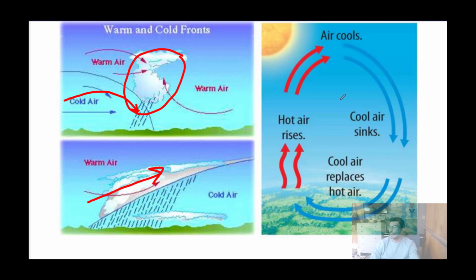days. This diagram, which just shows a cycle of how the air masses heat up and cool down and the consequences of that. If air heats up, that means that the particles expand more, they're less dense. When they're less dense, they rise into the atmosphere. And as they rise into the atmosphere, eventually they're going to cool down. The upper atmosphere is cooler. So as they rise and start to cool down, the particles are going to slow down, come closer together, become more dense, and they will sink. And then as they sink, because the temperature increases as you get closer to the ground, they will heat up again, start to speed up, spread out, and then become less dense,